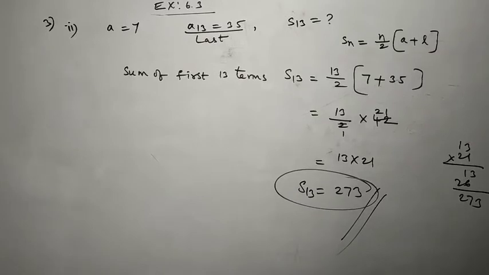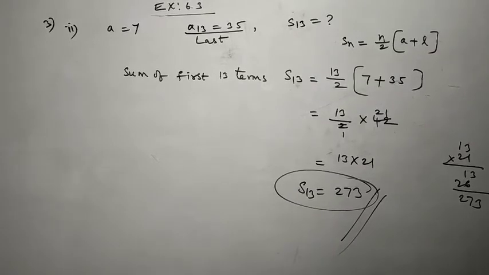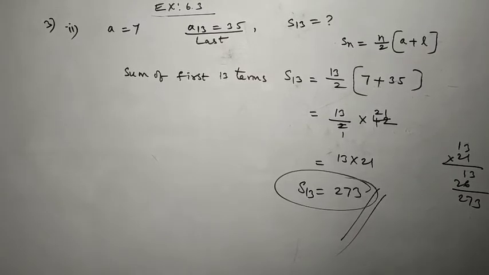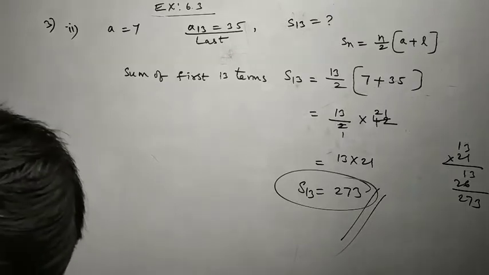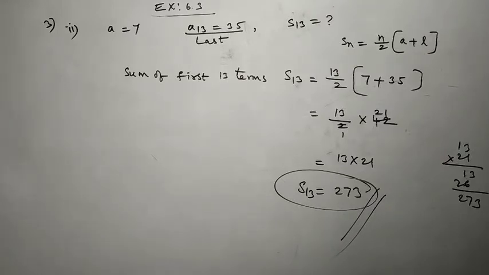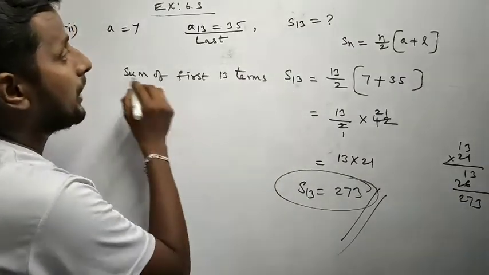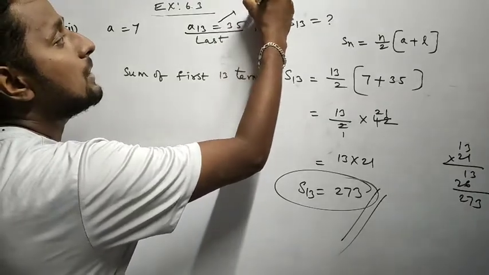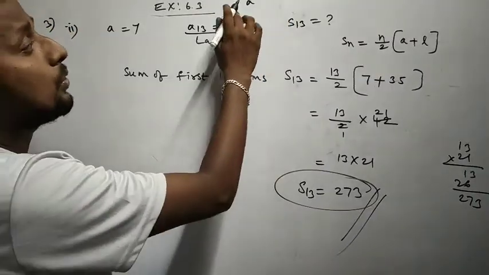Here I'll ask a few doubts just to look at the problem thoroughly. My first doubt is, if you don't know the n value, then what will you do? I'll ask you again. If you don't know what the n value is, then what will you do? From this we'll simplify it. Okay, so look here.